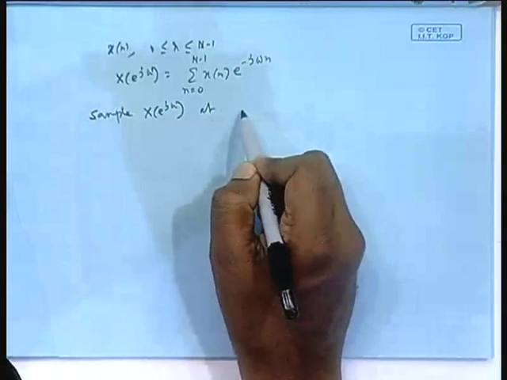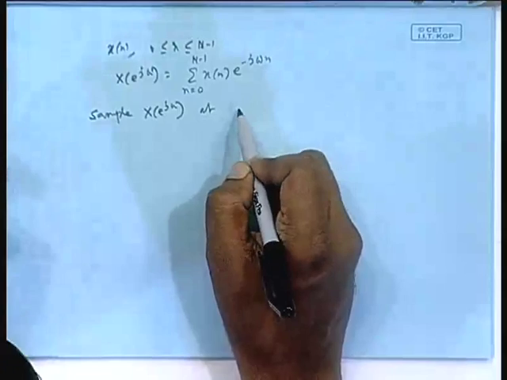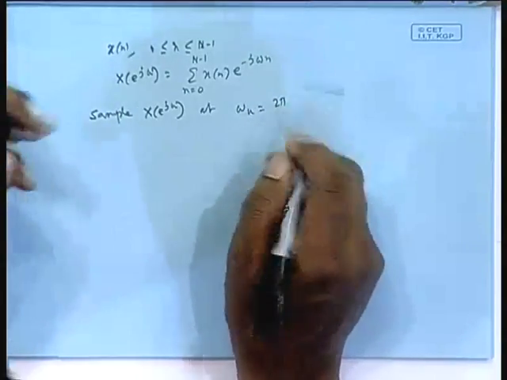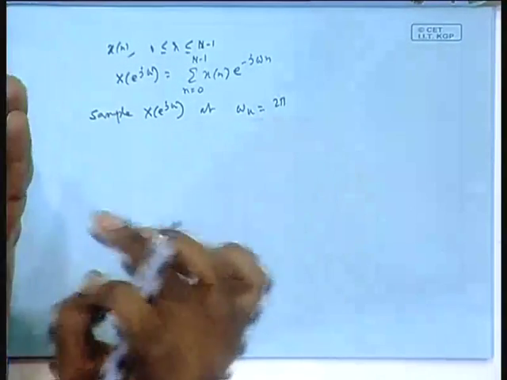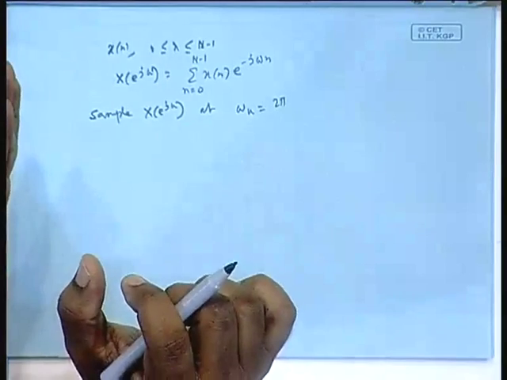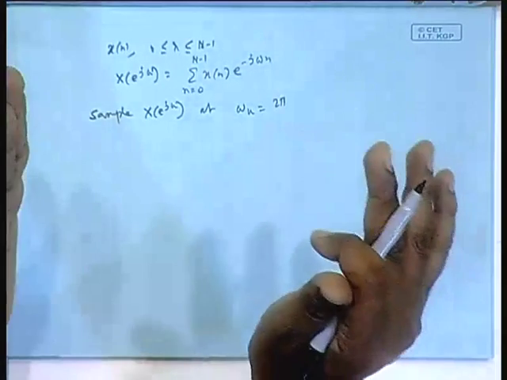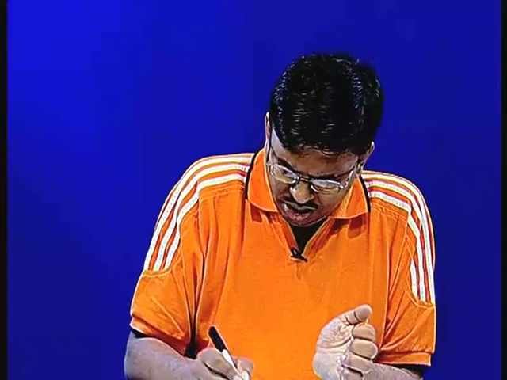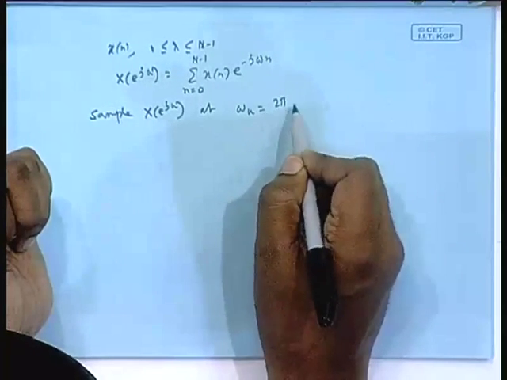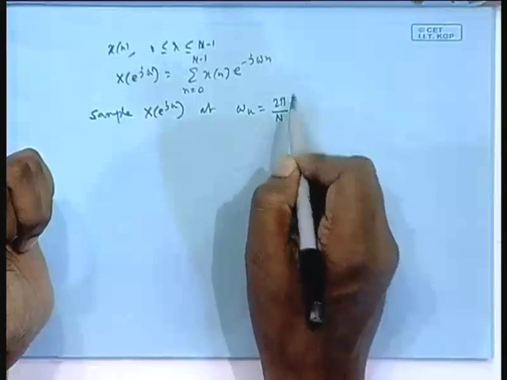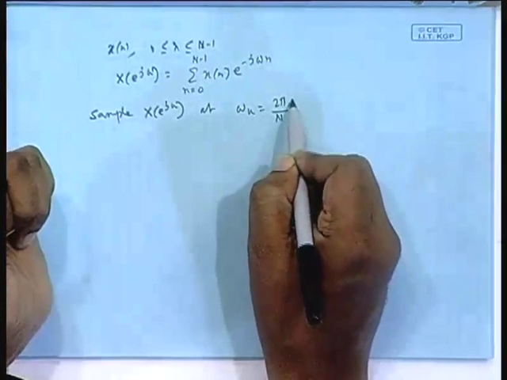at capital N number of points at these frequencies, omega k equal to, so what is the range? 0 to 2 pi, capital N number of points. So the gap is 2 pi by capital N. I am sampling in the frequency domain, mind you. Mathematically it is nothing but a sampling operation, but in the frequency domain. The function is a function of omega, but actually sampled. Okay, so that is why here also aliasing and other things can come up, but I will not go into all that detail. 2 pi by N, this is the basic step, times k.